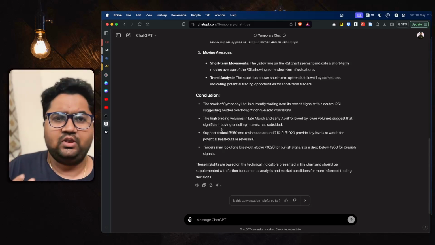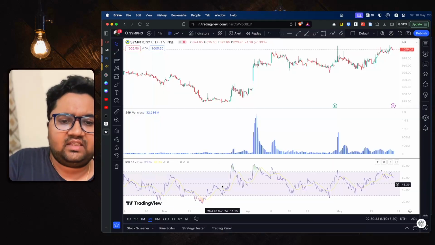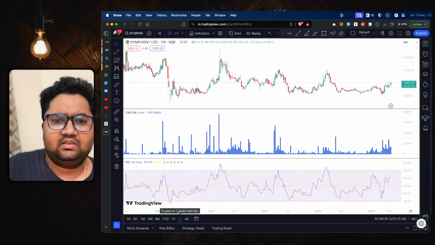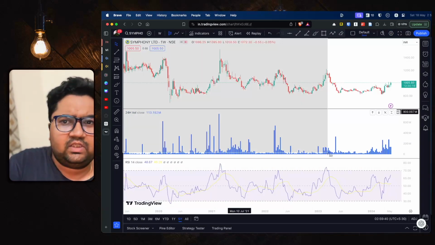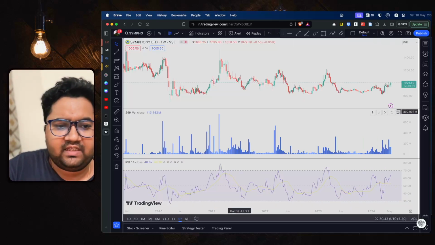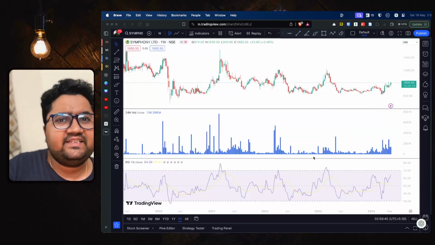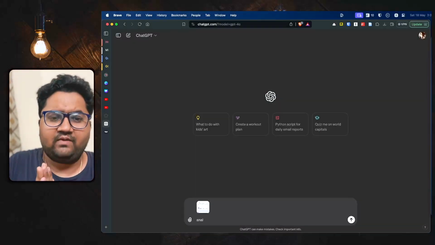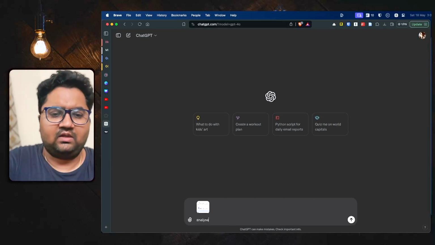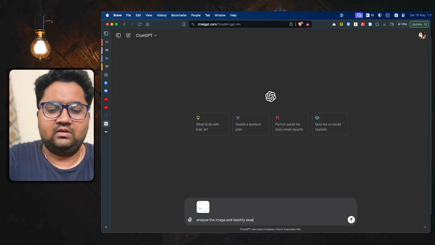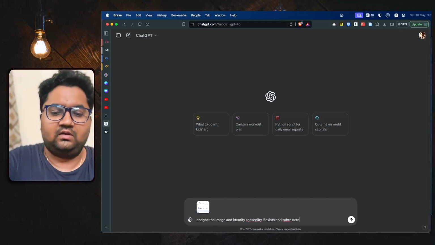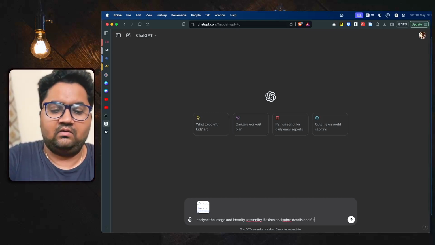Now let me go and do a deeper analysis and change the same data to 5 years and try to understand what sort of seasonal patterns exist with Symphony. Symphony is a stock which is very famous for having seasonality in summers and winters. I want to see if it captures that. So I've uploaded that here and I'm asking it to analyze the image and identify seasonality if it exists and share details and future